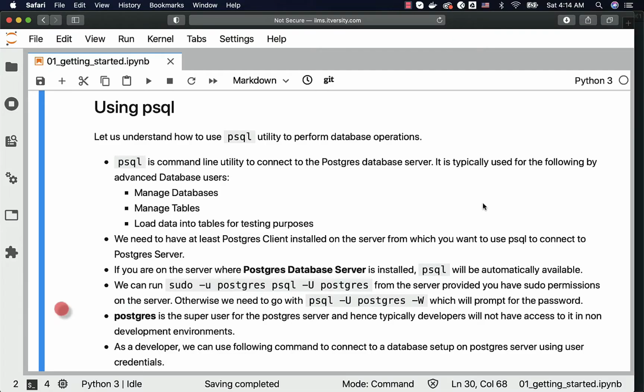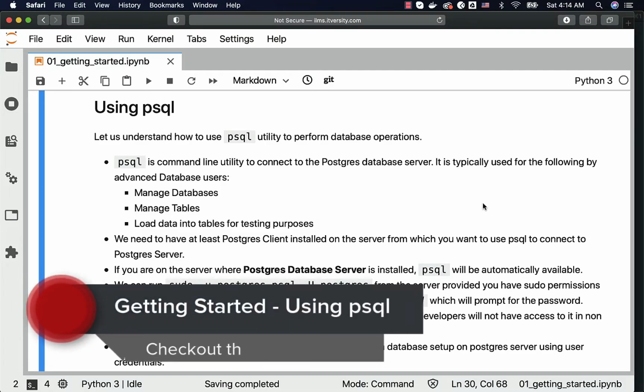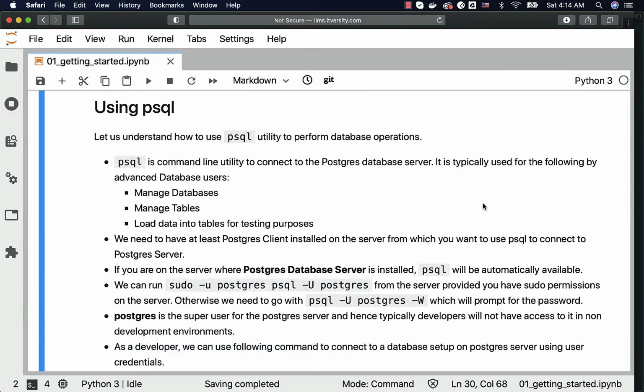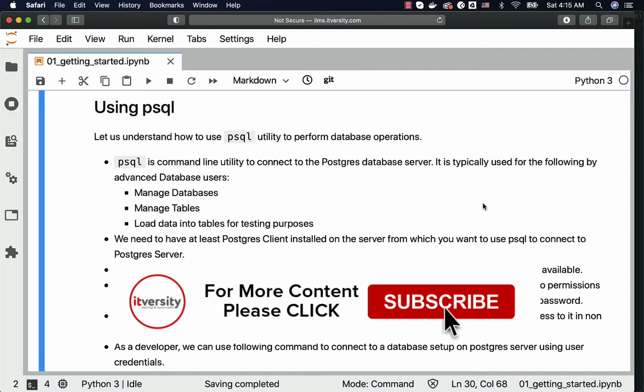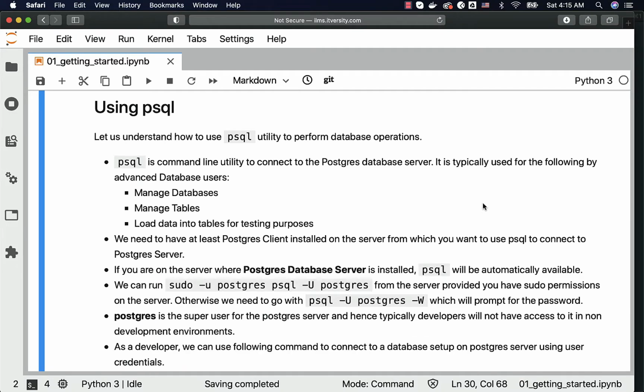Let us understand how to use pSQL utility to perform database operations. pSQL is command line utility to connect to the Postgres database server. It is typically used for the following by advanced database users. When I say advanced database users, they are nothing but DBAs, development leads, architects who have a level of knowledge